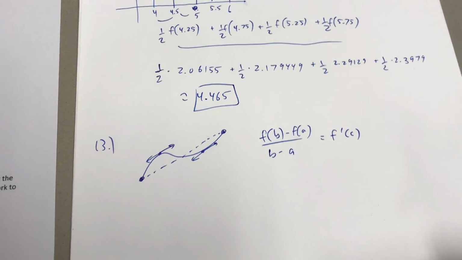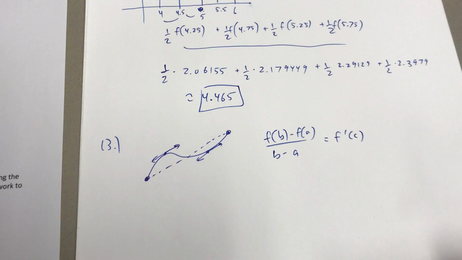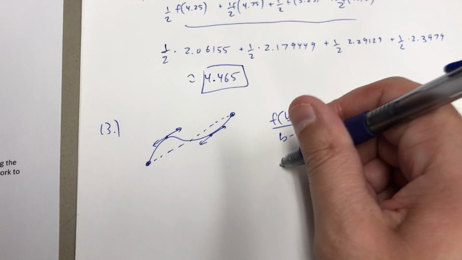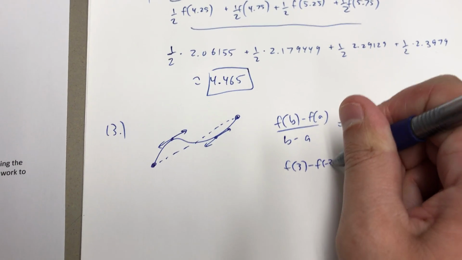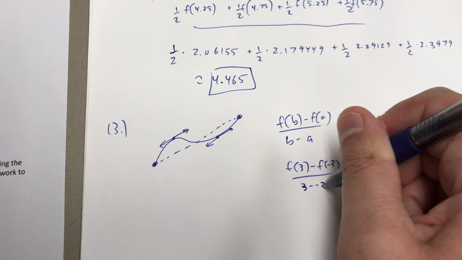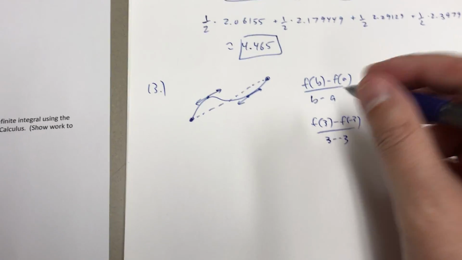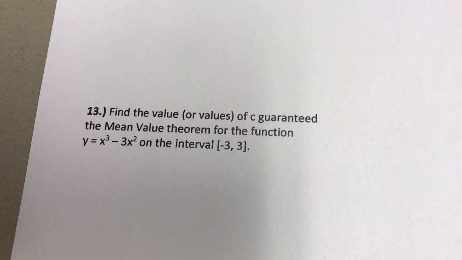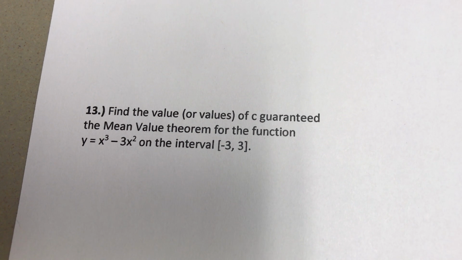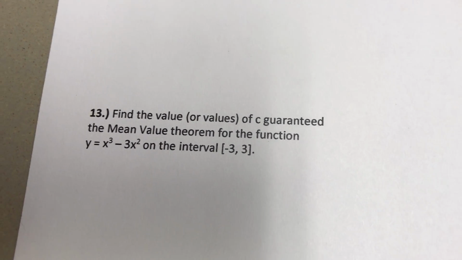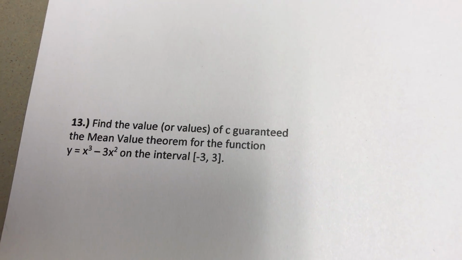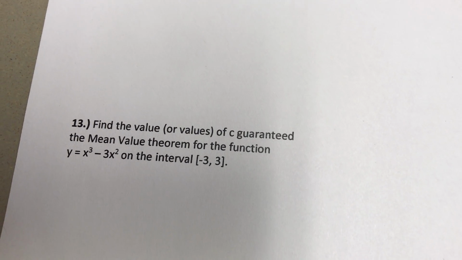So basically doing an average rate of change and a derivative and seeing where they're equal. So anyway, the average rate of change here, in this particular case, is going to be f of 3 minus f of negative 3 all over 3 minus negative 3. Let's see, f of 3 in my original function, 3 cubed minus 3 times 3 squared, is that 0? That's interesting. And then if I put negative 3 in there, that's going to be negative 27